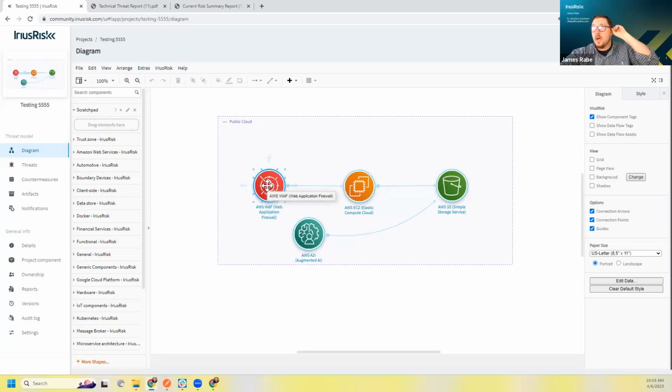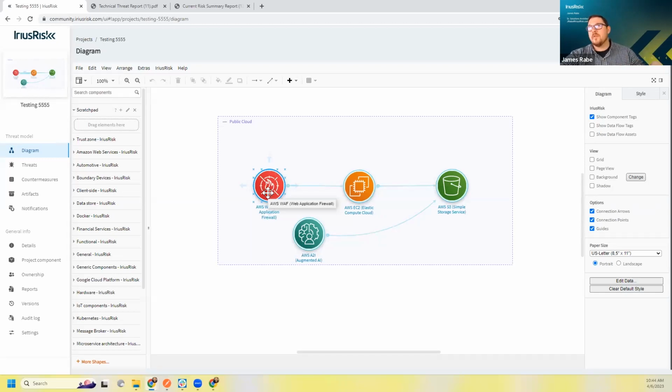If it's something like a web client or web server, it may generate even more. But for every component that I can remove from scope on my diagram, I can start to reduce the number of threats. And for every threat I can remove, I can start to remove the number of countermeasures. So for every component I remove, it removes 2 to 5 threats. For every threat I remove, it removes 3 to 5 countermeasures, right? So you can see how